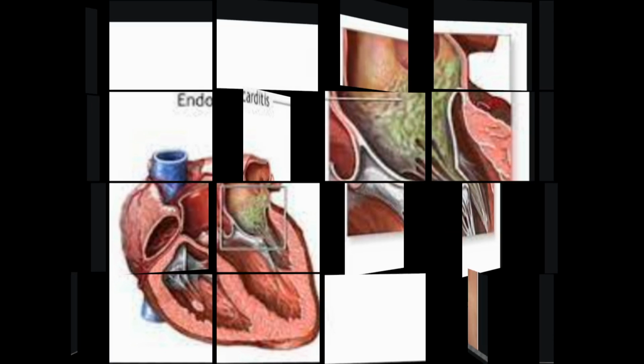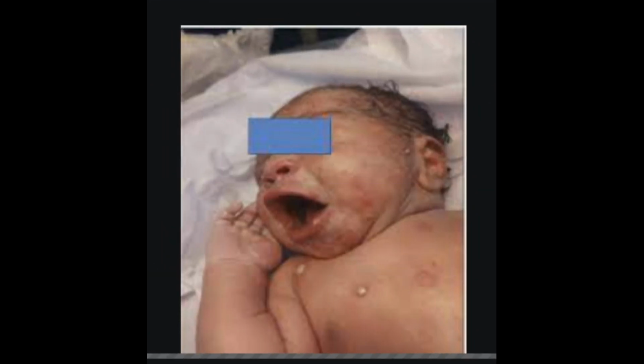Heart. Staphylococcal blood poisoning can also infect your heart or heart valves. This is called endocarditis. Sepsis. If a staph infection gets into the bloodstream, it can spread to other organs and cause severe and life-threatening infections called sepsis or bacteremia. Sepsis can lead to shock or multi-organ failure, which can rapidly lead to death.